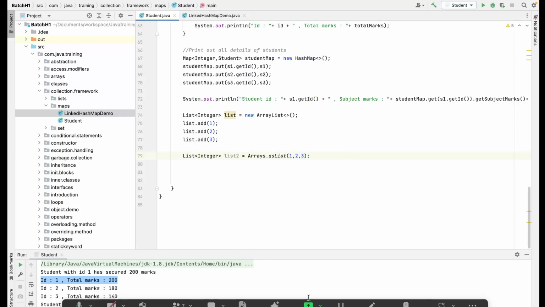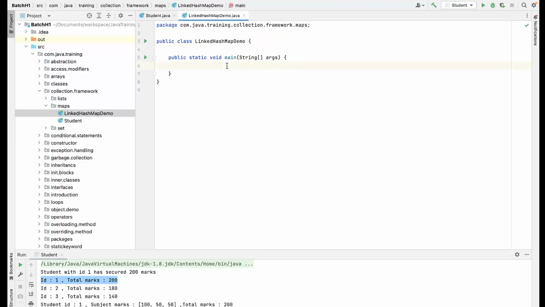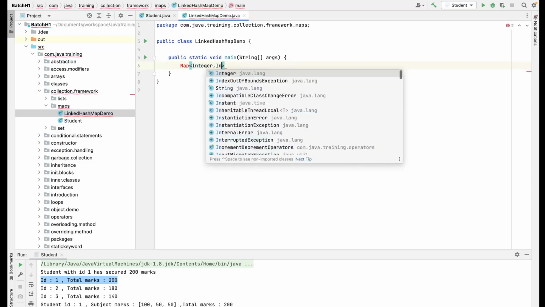Okay, yeah, sure. So we'll go for a LinkedHashMap demo. A LinkedHashMap demo is basically for when you want to preserve the order of the output. So let's say I want to create a map, and I want to create the same order each time I print out. So let's say I am creating an integer,